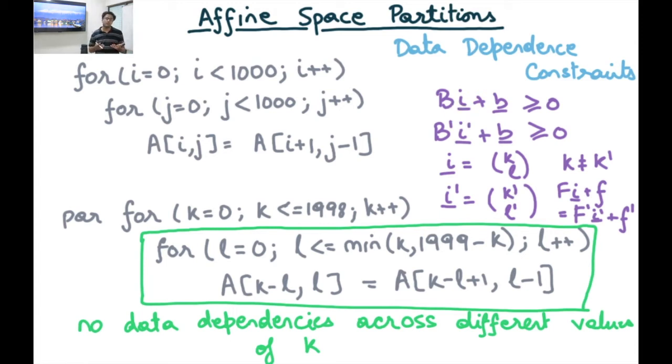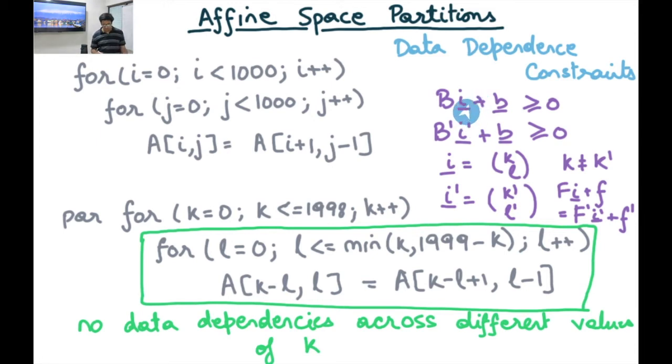Well, when I say l is less than or equal to the minimum of two values, this means I can have a conjunction. It says l is less than or equal to k and l is less than or equal to 1999 minus k. Both of these are linear inequalities and can be represented in the form Bi plus b. And so this entire iteration space indeed is a polyhedral space, and I can represent it as Bi plus b. And so I'm interested in two different iteration vectors, k l and k prime l prime, and I'm representing them as vector I and vector I prime,